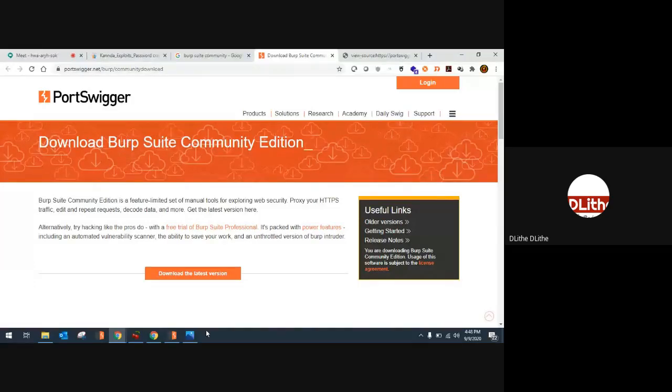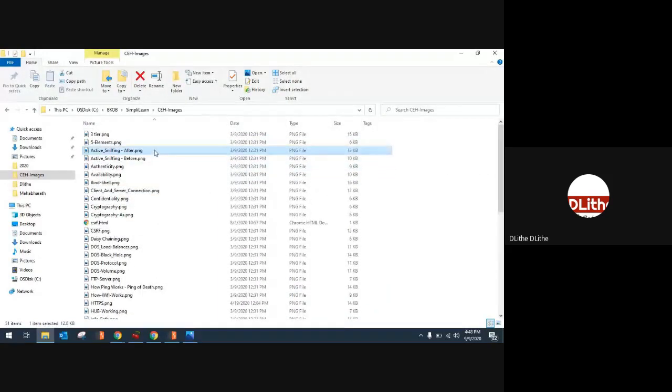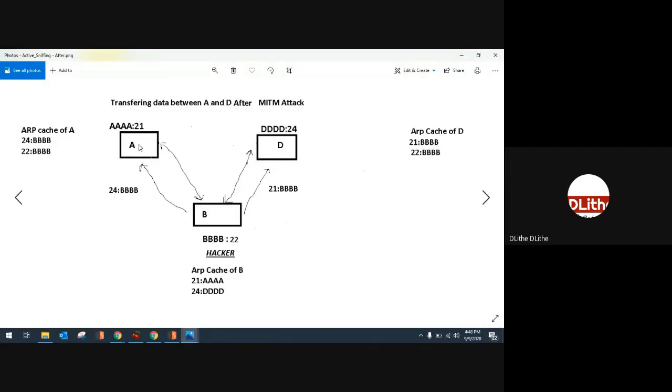What Burp Suite does is intercept each communication performed between two systems. In this case, let's say your browser is A and D is your website. All your packets will go through Burp Suite, and since all the packets are going through it, you can easily see what communication is actually happening between your browser and the website. In that case, you can bypass client limitations, and you can understand the network or the web application flow much more efficiently. Ultimately, that is why Burp Suite is used. I hope it's pretty much clear.